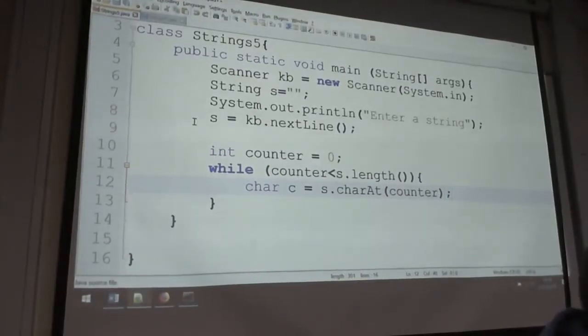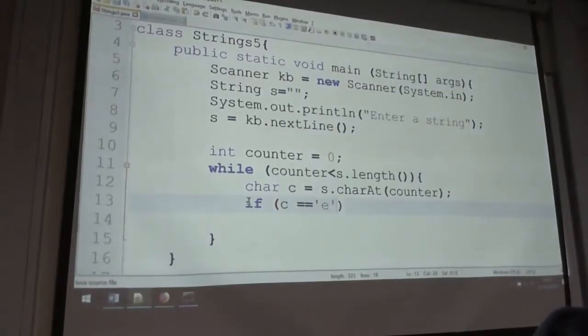And once I've got that current character, I'm going to check, is that character equal to E? So here I'm going to have if C is equal to E. Now remember, we're dealing with characters here, so we have single quotation marks, and when we're dealing with strings, I've got double quotation marks. And inside here, well then, I need